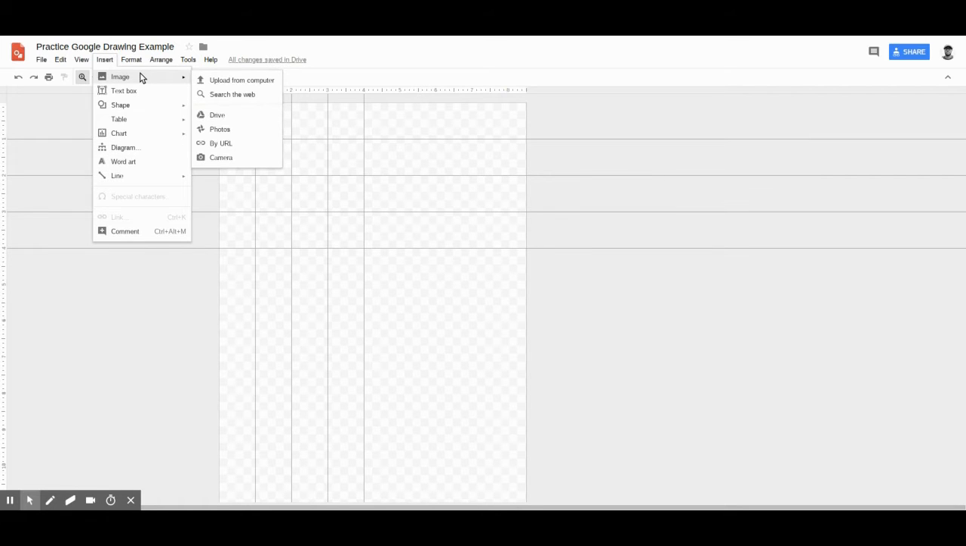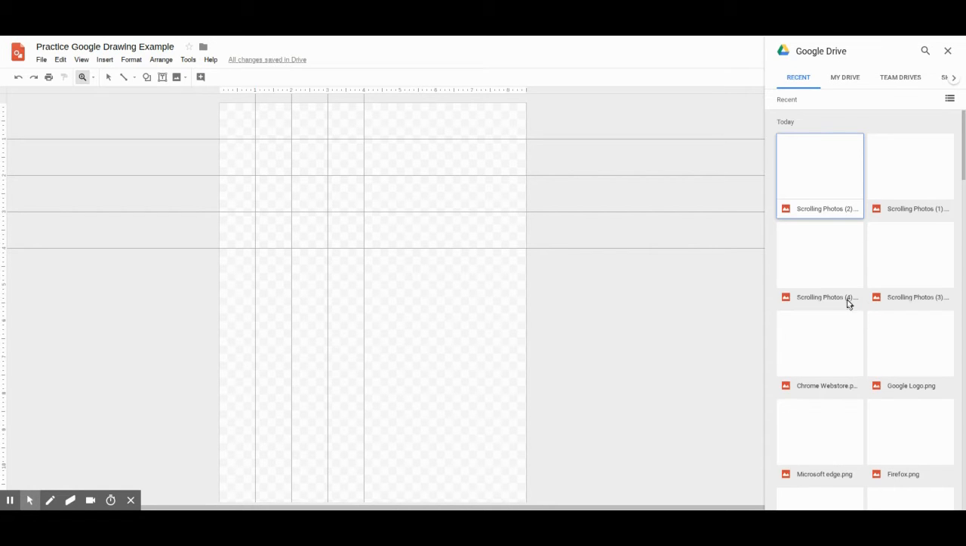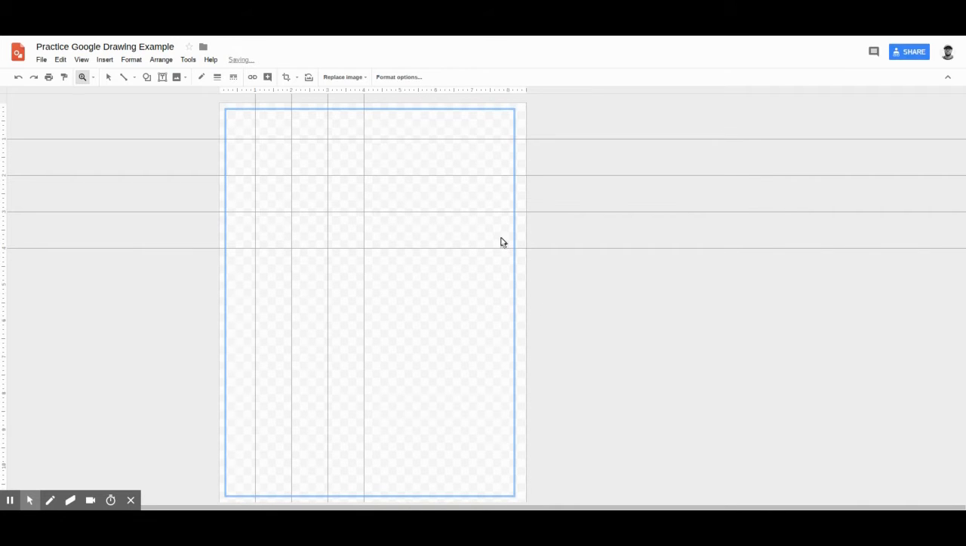To create your image, you can upload it from the computer, from the web, or you can have it on a drive. I'm going to start with Drive because I know I have images in there already. And so by doing so, you can upload your image. I'm going to just use a random student picture. And once it's placed on the page,